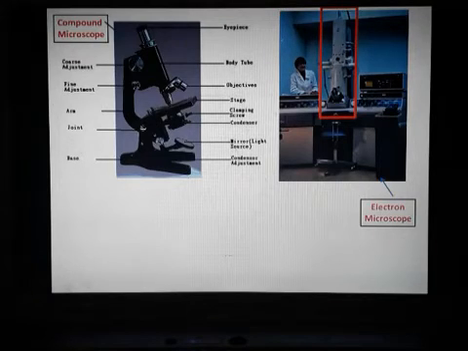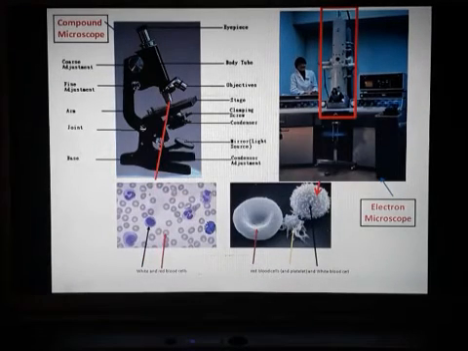Now here are your two images. This is a sample of your blood, with white and red blood cells. If you see under this microscope, this type of image you can obtain from compound microscopes. So here you have red blood cells and white blood cells. The same slide, if you keep it over here in the electron microscope, on this stage area, you can see a much larger image. This is your red blood cell, this is your white blood cell and this is your platelet.